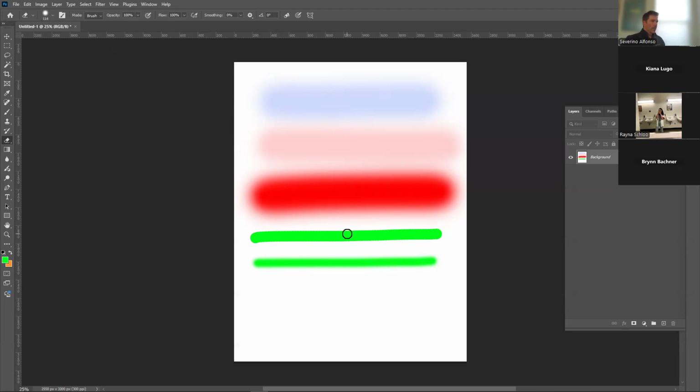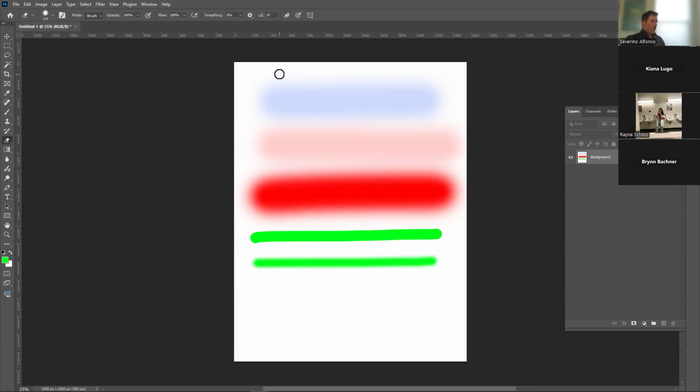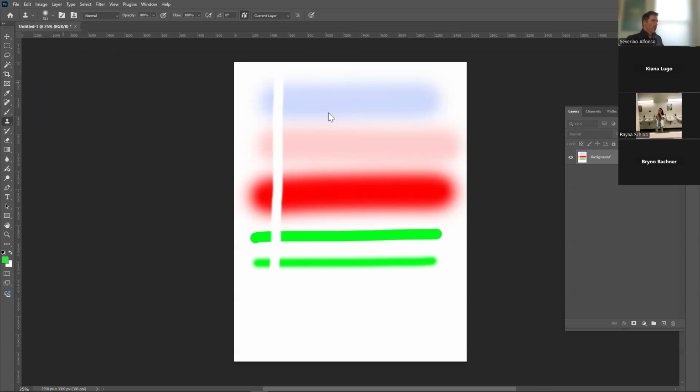Oh, because the background is that, eh? So it's just changing that color. Wait a minute. So I'm erasing here using the eraser with a brush of 114 and then hardness 51. But if I go to a softer eraser,